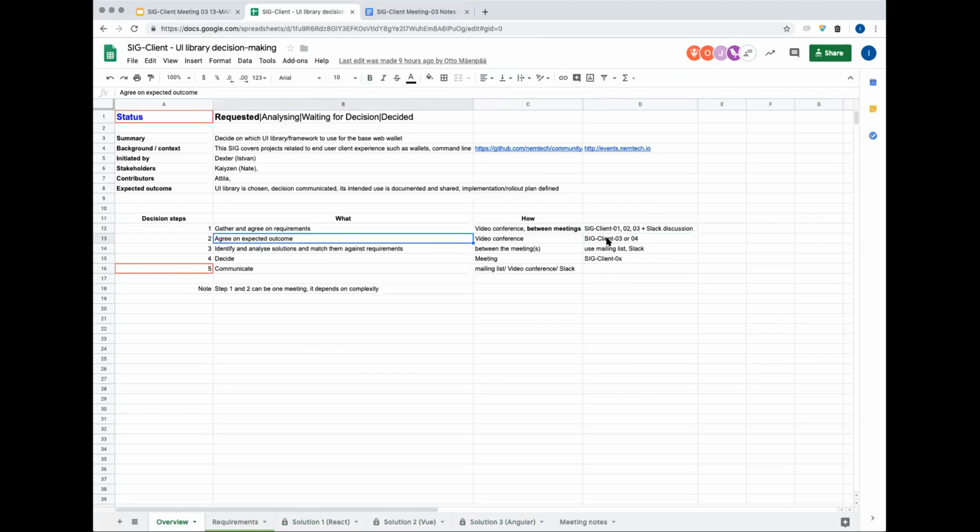Agreeing on the expected outcome, I think this is a formal thing, because here it is stated that that's a good. Then we can use the mailing list and Slack. So basically, getting the buy-in from all of us to stick to some kind of a timeline to have things